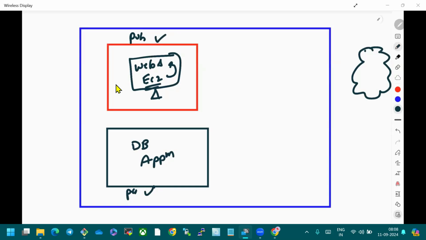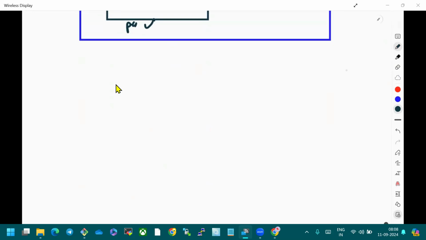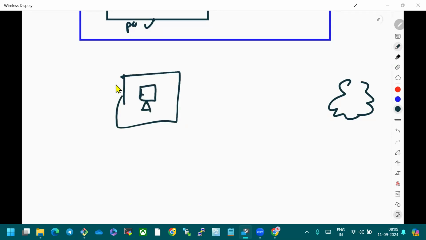Next point here is, if this is your internet and this is where your public subnet is, this is where your application is. If a user wants to come from the internet through a phone to your application, can we directly connect from your EC2 instance to the internet, or from the internet to your machine?